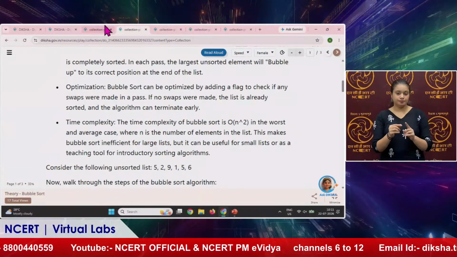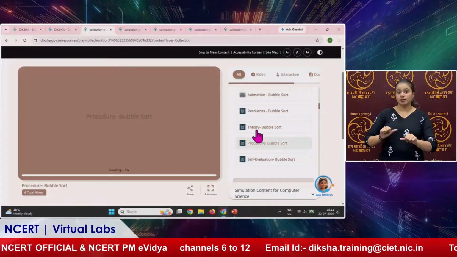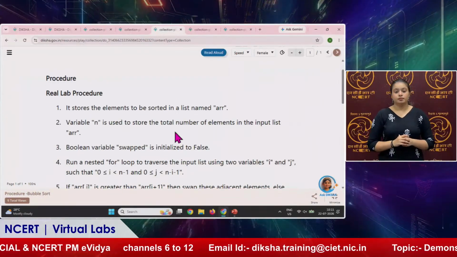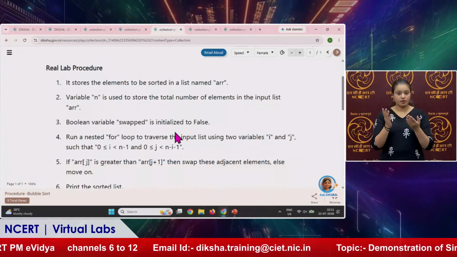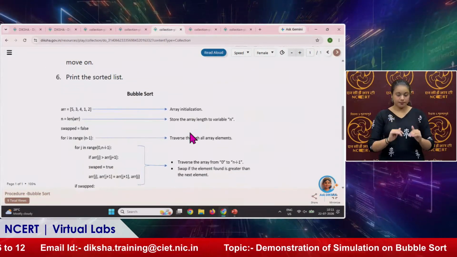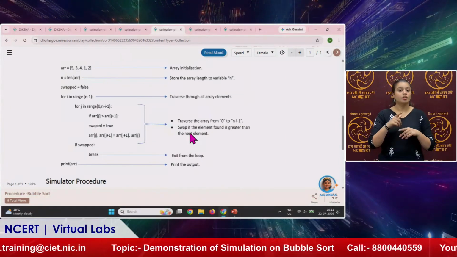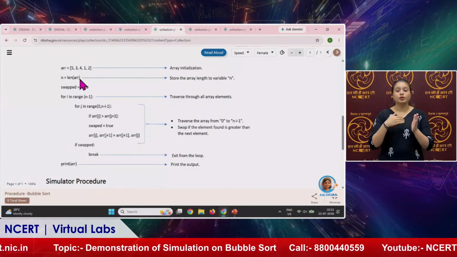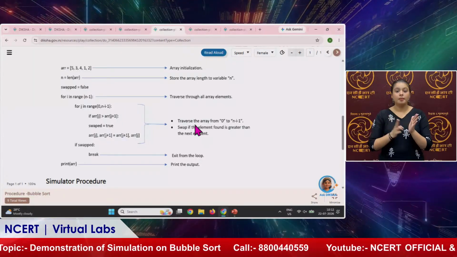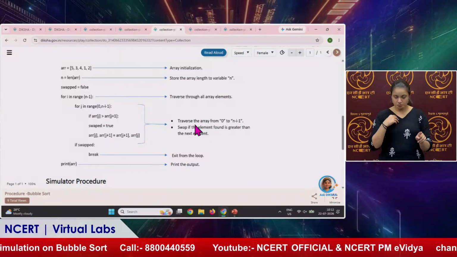So after the theory part, you can see the procedure is there. If you click on the procedure, this page will appear. You can see the real life procedure is there, and what we are going to perform in the programming, the Python code, is there. If the student is not able to understand the Python code, he can easily go through this